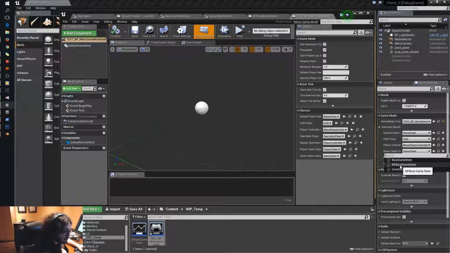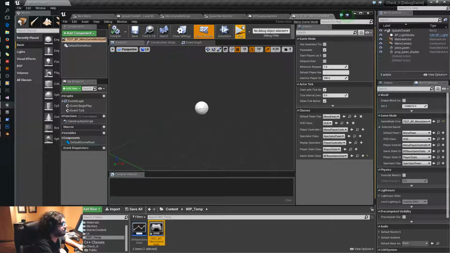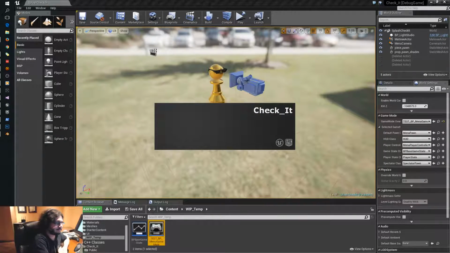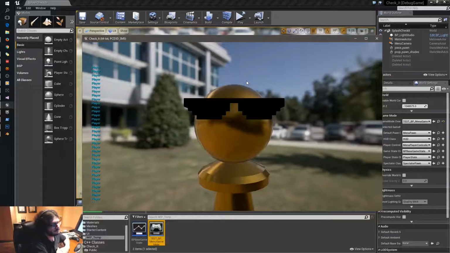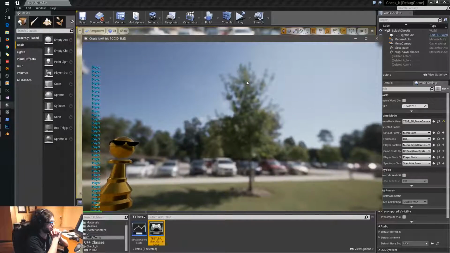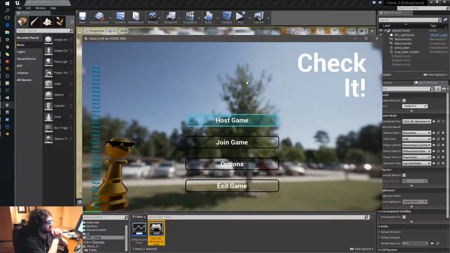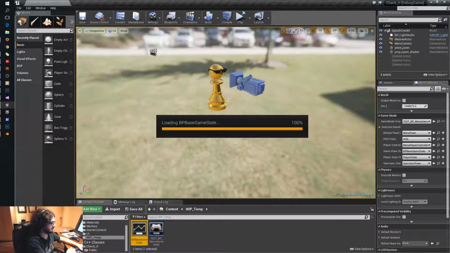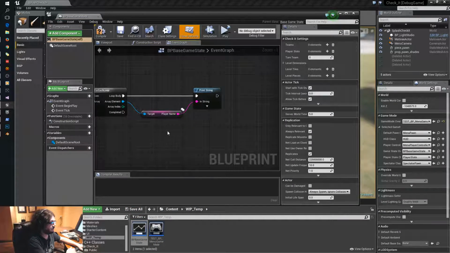And then BP base game state. So now we should see that. And then we will have